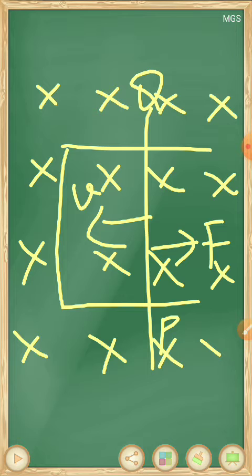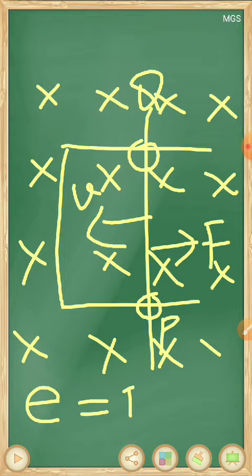So due to the motion of the rod inside the magnetic field, an EMF is induced across its ends, and the value of EMF is equal to BLV. V is the constant velocity with which the rod is moving in the field, L is the length of the conductor, and B is the strength of the magnetic field.